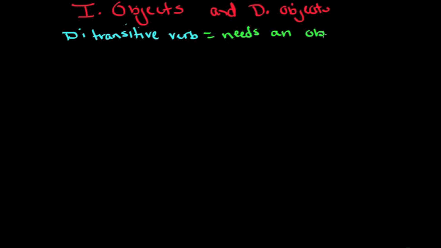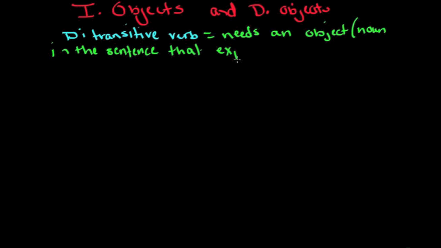an object. The object is the noun in the sentence that experiences the verb action. That's the definition of the object of the sentence. So in this case, ditransitive verbs need an object and